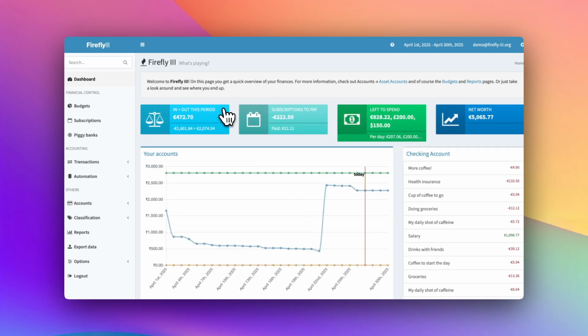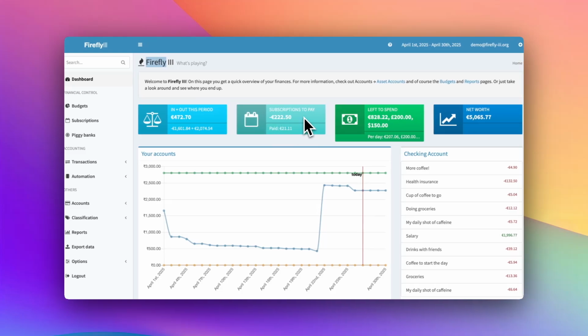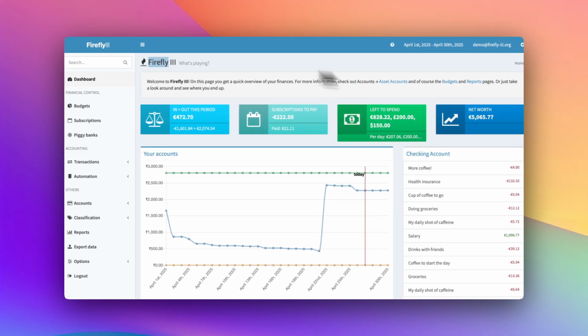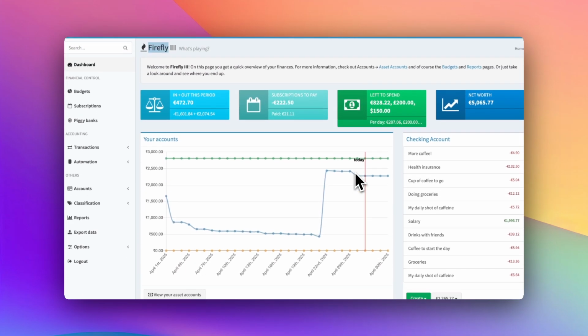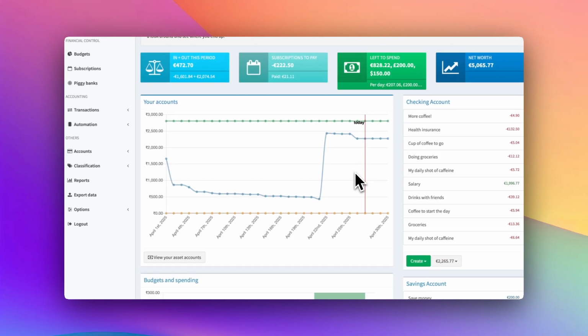So it's much like Actual Budget. It's got pretty much the same layout. I just think that this versus Actual, this is more friendly on the eyes. So right off the bat, you've got whatever it is that your setup is, quick overview of your finances, in and out of this period, subscriptions that you have to pay monthly, left to spend. And once again, this is completely up to the user. So this user, for instance, has the reports and the main accounts set up on the homepage,